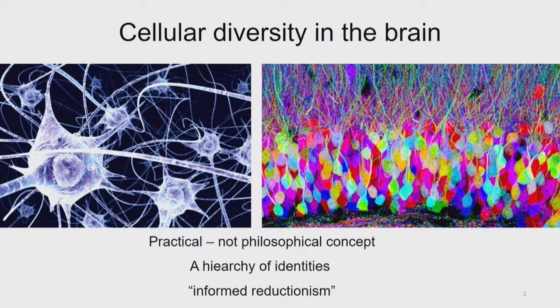And the reason we do this is that we want to, not maybe for you guys, but for the people that do neuroscience, introduce what we call an informed reductionism. You have to choose which level you study the brain at. It's okay to choose a level, but when you do that, it should be informed. You should know what kind of information you're ignoring and what kind of principles you're looking at.